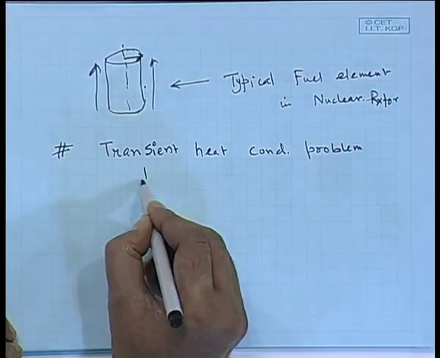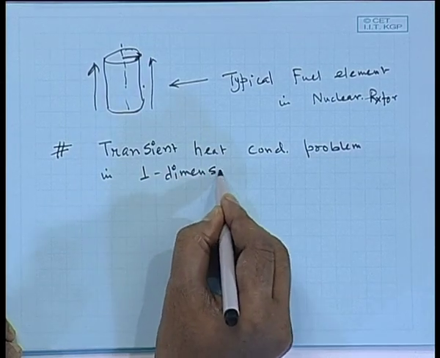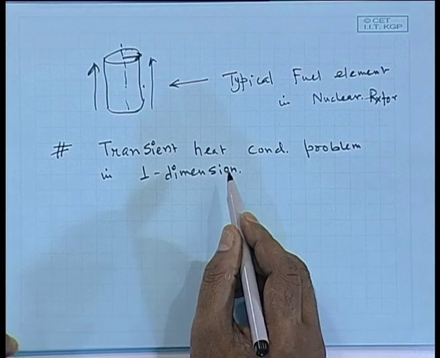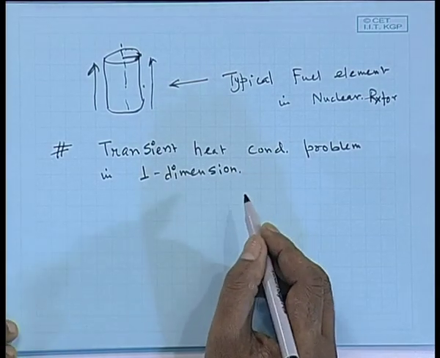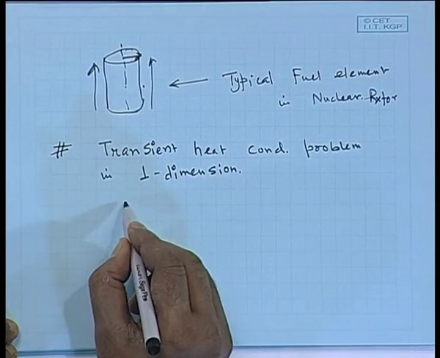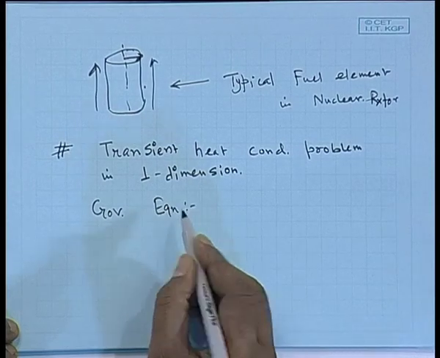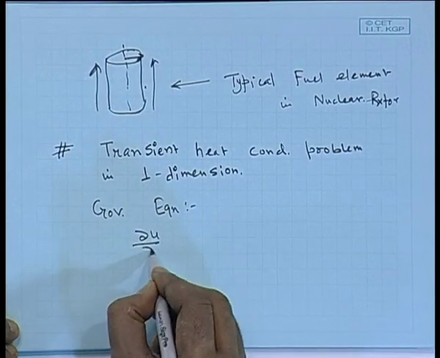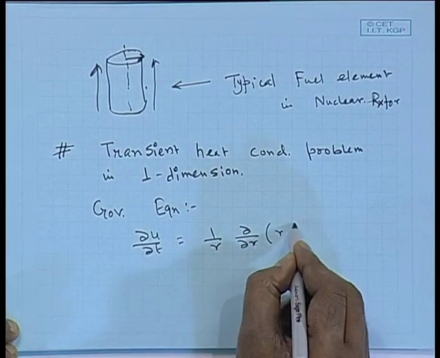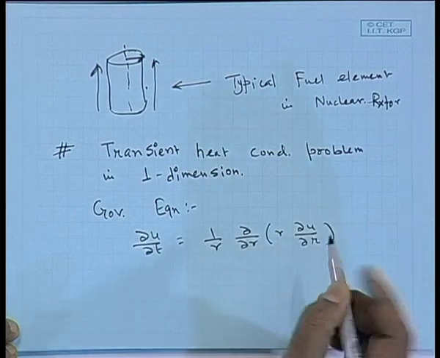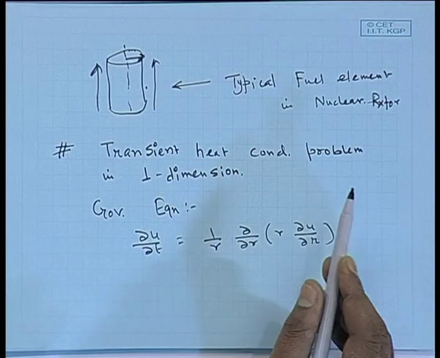The problem is in one dimension, that means one dimension and time, so it is basically a two variable problem. Now, if you look into the governing equation, the form of the governing equation is del u del t is equal to 1 over r del del r of r del u del r. It is basically a solid cylindrical element,